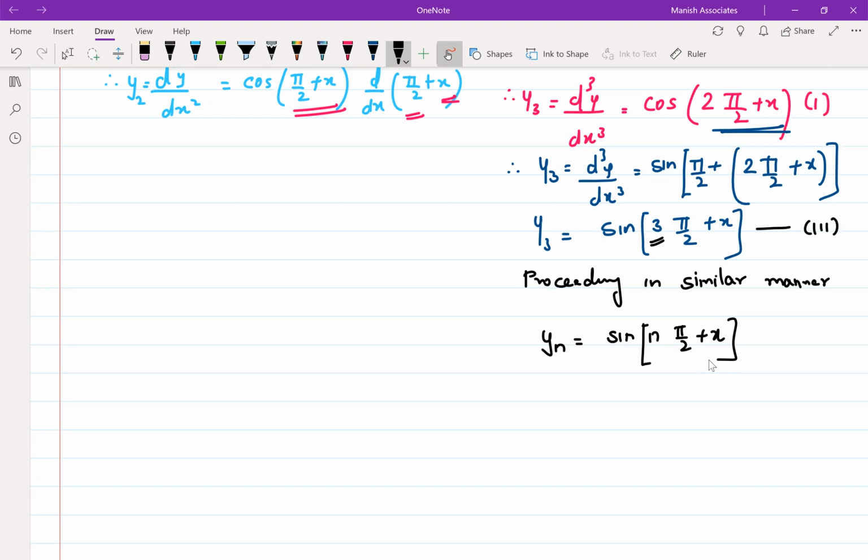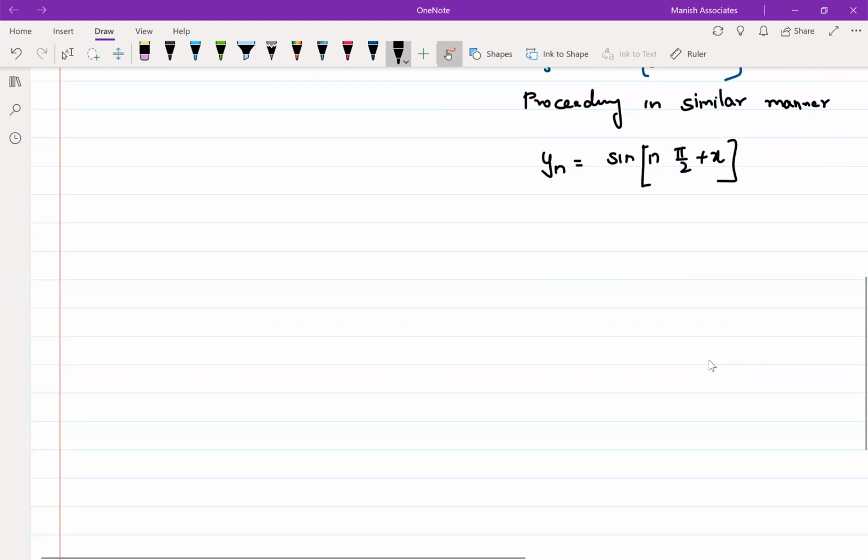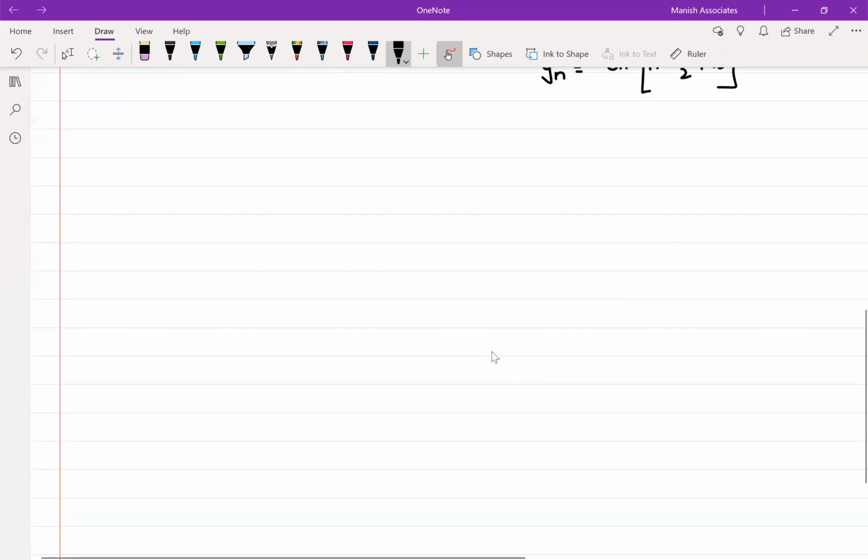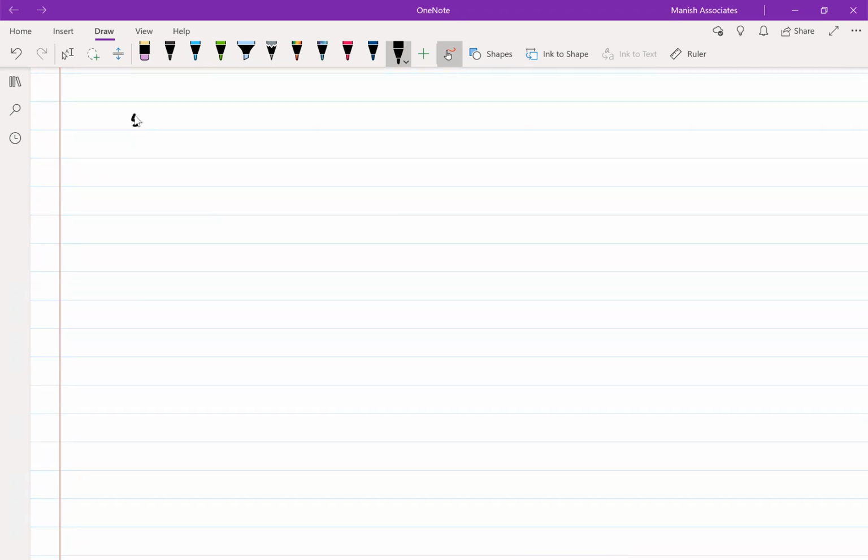Is it okay? Now, can we do one thing? I'll give you an example and you try to solve it on your own. You try to find the nth order derivative of this example. All right, can we do that? So write down, find the nth order derivative of, this is your fifth function, I'm giving you the function as cos of ax plus b. All right, and I'll tell you what is the answer expected.